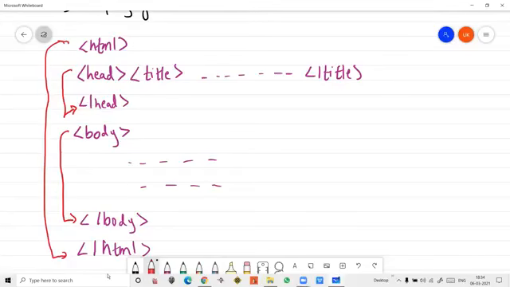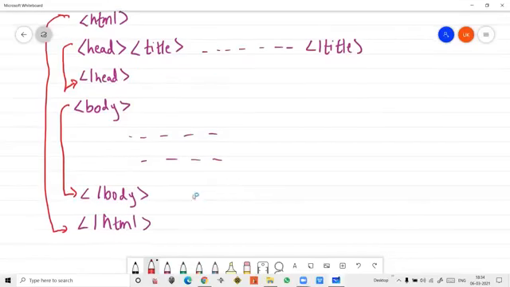Okay. And then what? Once you have completed your practical, you have to save it with the .html extension. How do you have to save it, students? You have to save the file with .html. Look here, for example, if I'm doing my first page, always give the proper name, students.